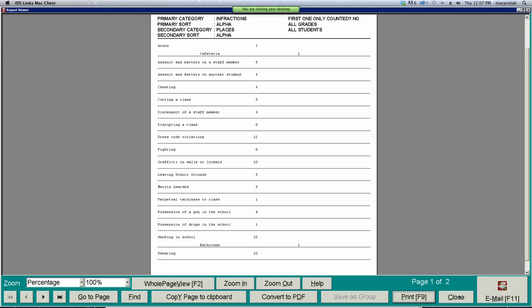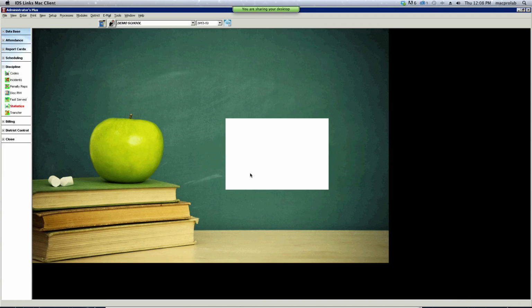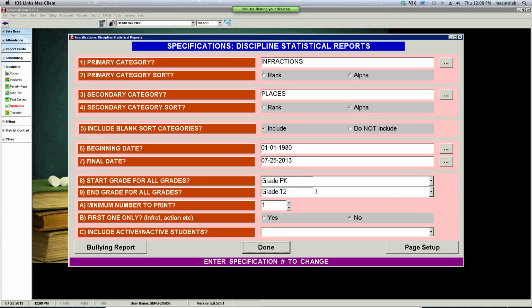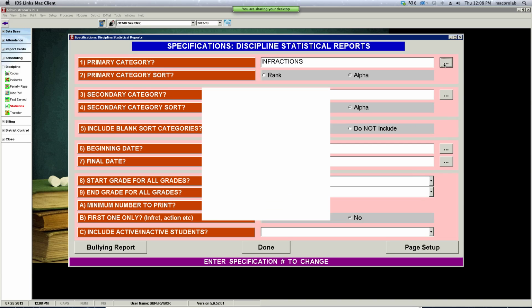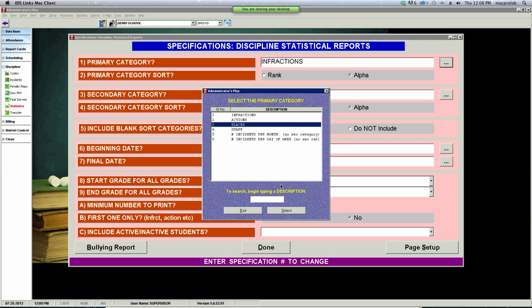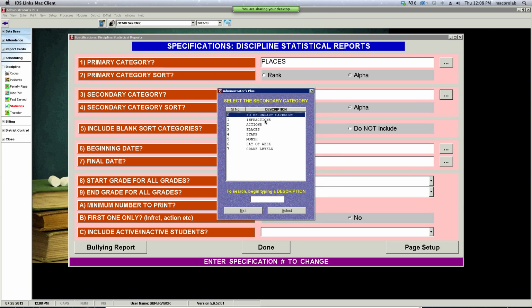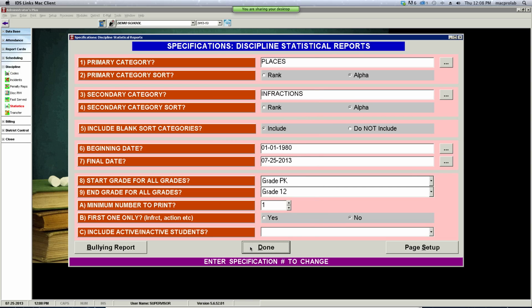Go ahead and close it and do it the other way. When you get to the specifications, put the places as the first sort category and the actions second. So for number 1, do places, and for number 2, do infractions. And now,